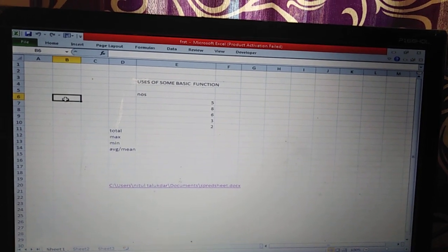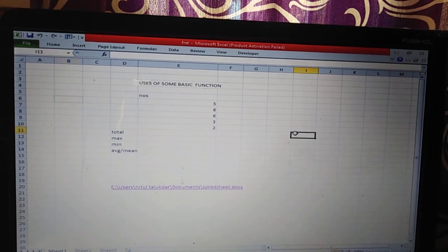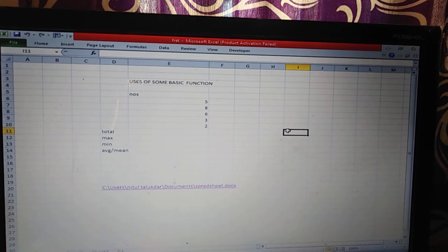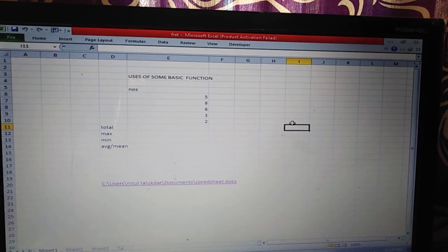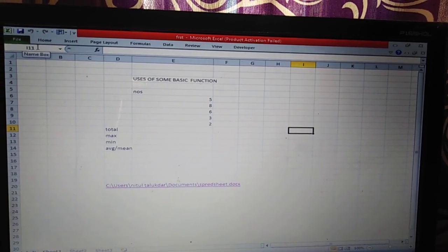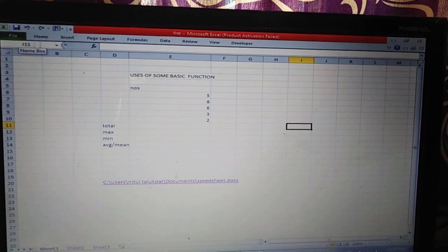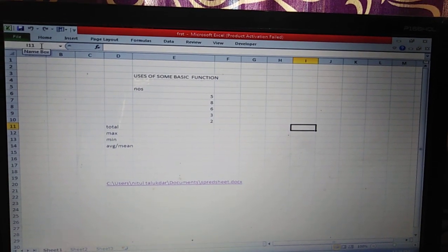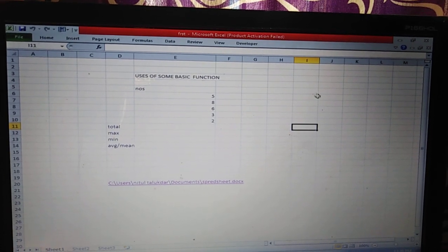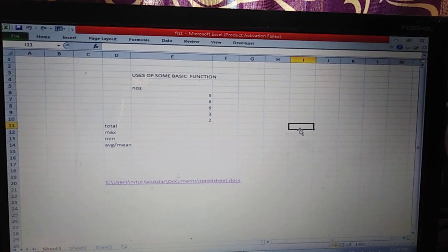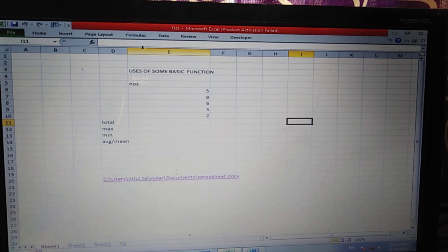If you want to know which one is our active cell, it is where the cursor is clicked. If we want to know the name of the active cell, go to the name box. This is called the name box, and within the name box the current or active cell is displayed: I11. This is a cell, the intersection of rows and columns.